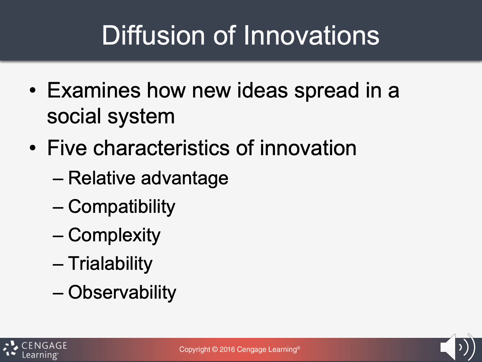Compatibility is the consistency between the innovation and the current process. So how much work are the people who are part of the process going to have to do to make these changes? And are these changes really that beneficial? Complexity is how difficult it is to understand or to relay these messages or to enact the new ideas or the new systems. Triability is how much a person can experiment with the new system and learn it. And then observability is how much they can see that the new changes have worked, have made things easier, smoother for patients.